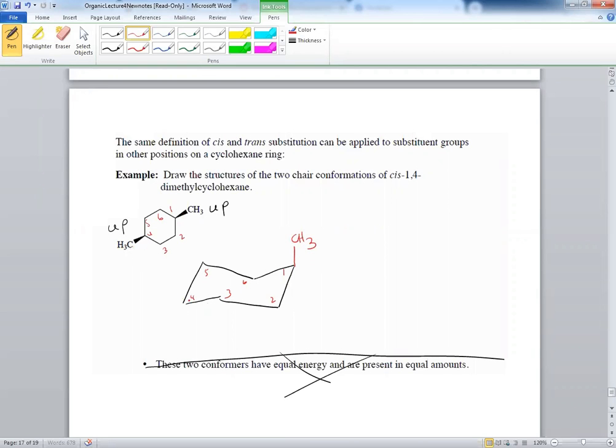And on 4 right here, if you make it axial down, it would contradict this. It would be the trans form of this. So in this case, it would be the equatorial, which is SCH3. Here it is. That's a transformation. When we meet next time, we will talk about